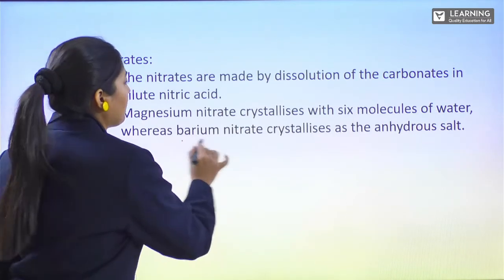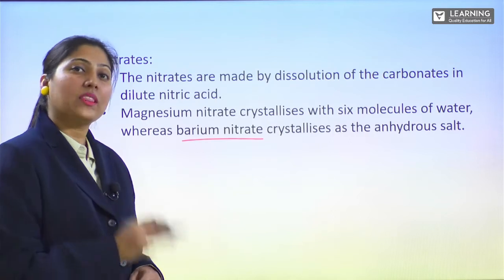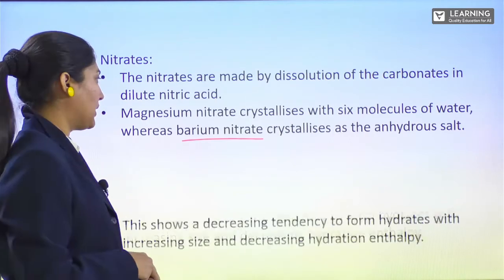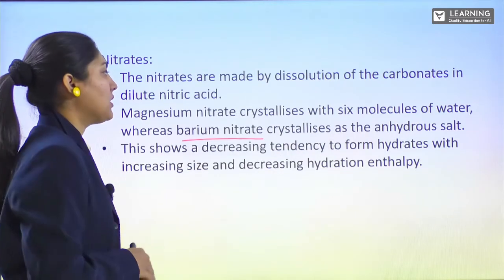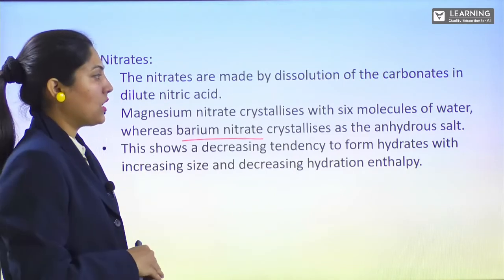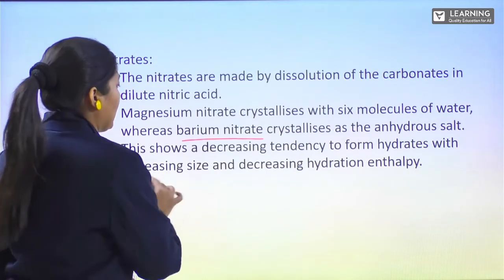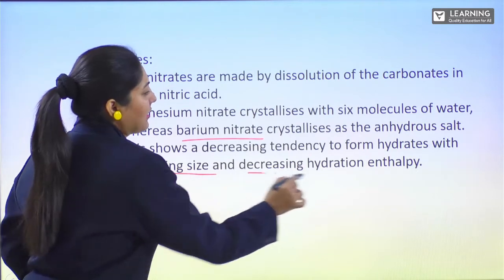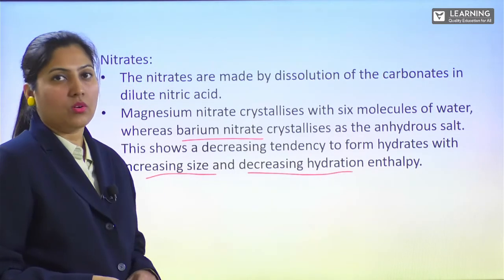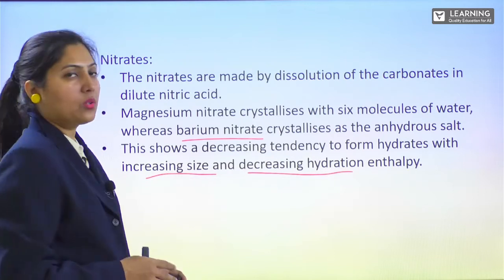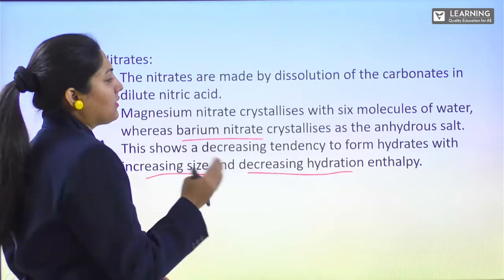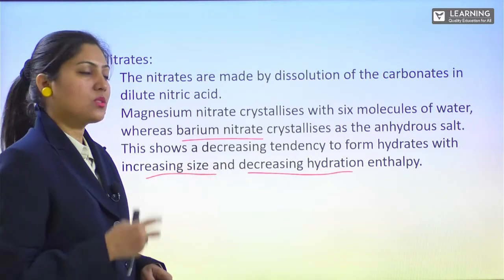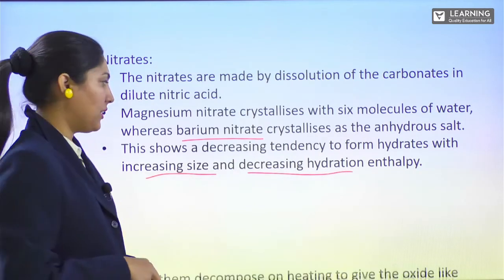So barium nitrate crystallizes without hydrated molecules. This shows a decreasing tendency to form hydrates with increasing size and decreasing hydration enthalpy. Obviously, as down the group the size increases, hydration enthalpy also decreases, so it cannot easily hold the hydration